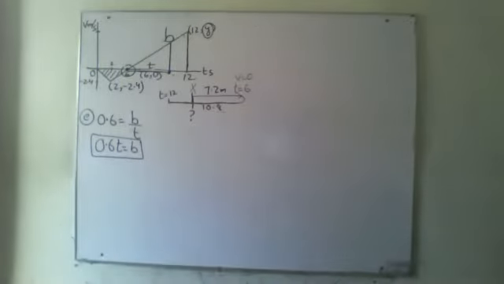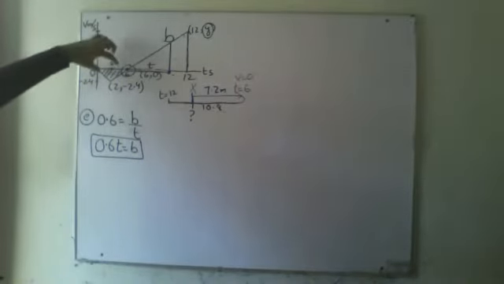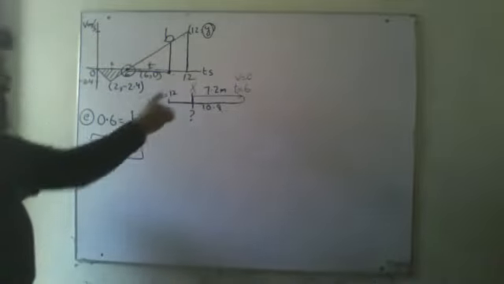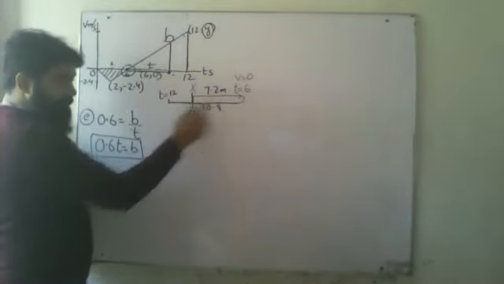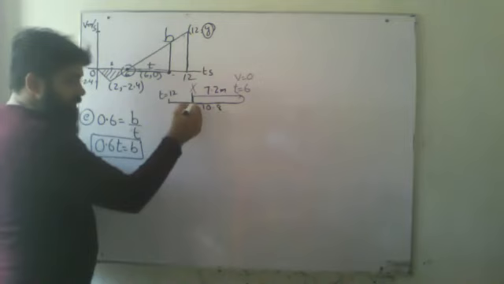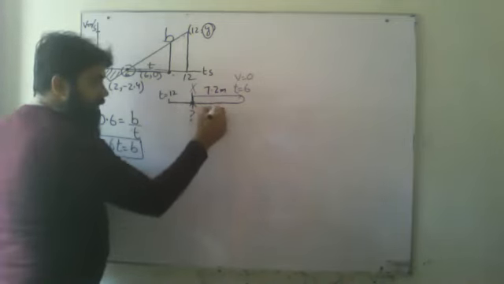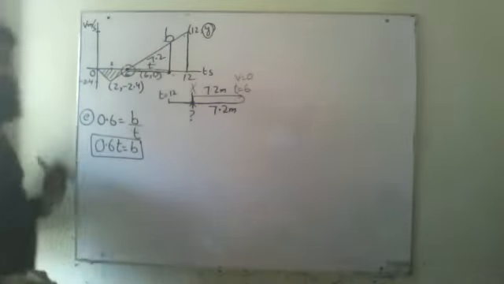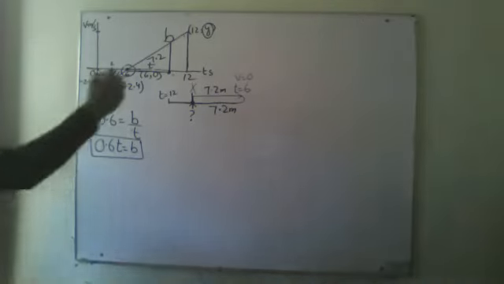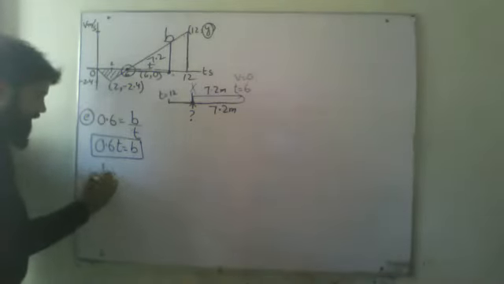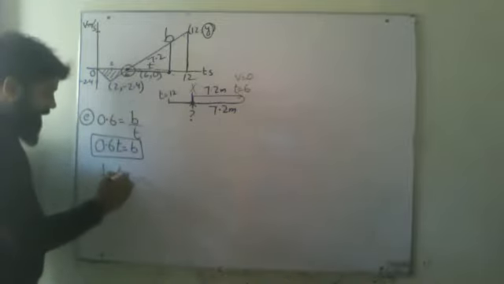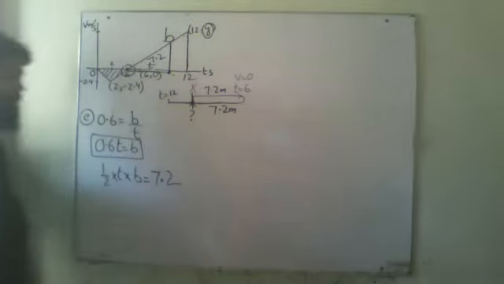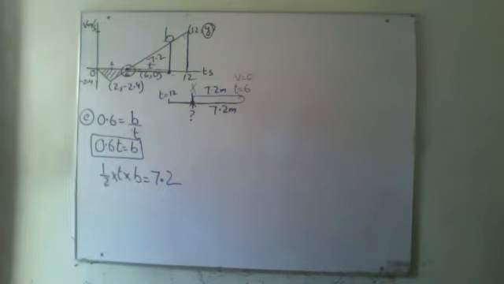Now, the second thing is that this was 7.2. This whole thing is 10.8. When my body is moving back, before reaching the starting point, which was over here, my body has covered 7.2 meters. So it means this whole area is 7.2 meters. So I can apply my triangle formula, half into base, that is T, height is B, equals 7.2.